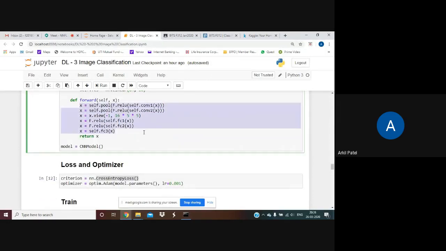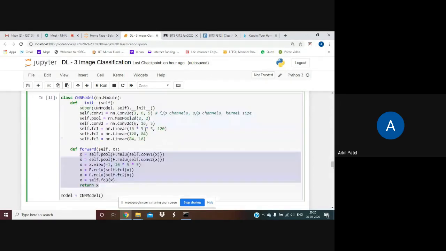And then I'm going to write my forward method. This is my X, the image that I get at any point of time. I pass it through my first convolution layer, then through my ReLU, and then I take the pool.